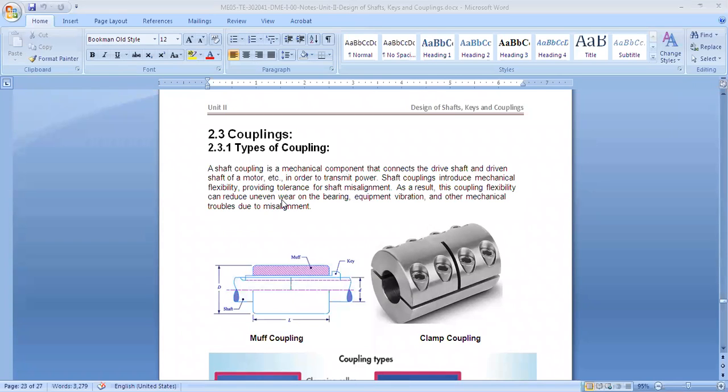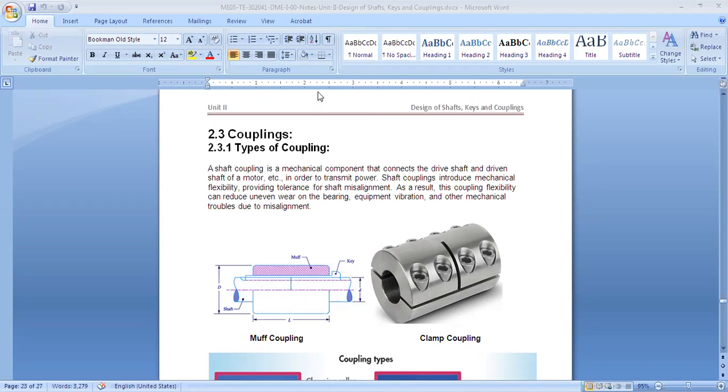Okay. This unit is about design of shafts. We have gone through many different techniques of designing a shaft. We have seen strength-based design, design based on SME, then design based on lateral rigidity and torsional rigidity. So in those first few lectures, we have seen how to design a shaft. Basically, we tried to find out the diameter of the shaft.